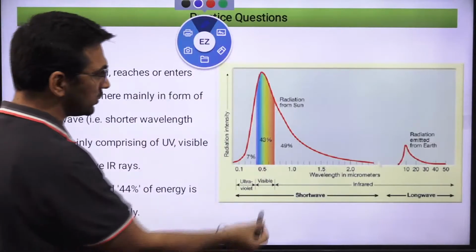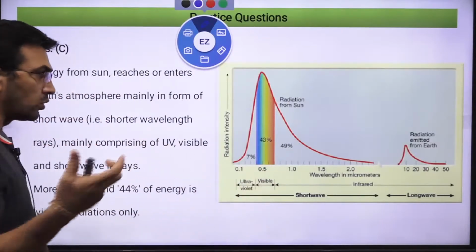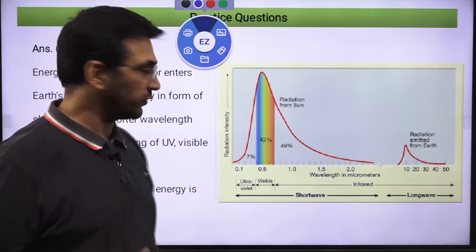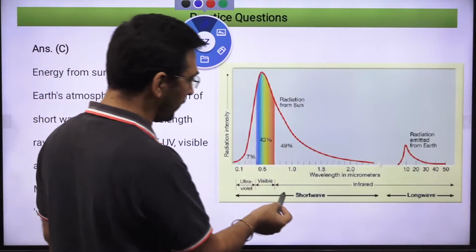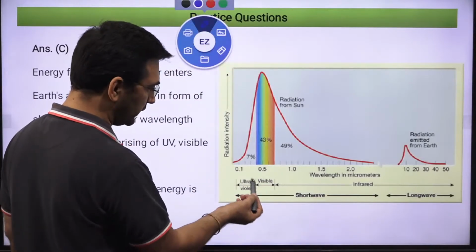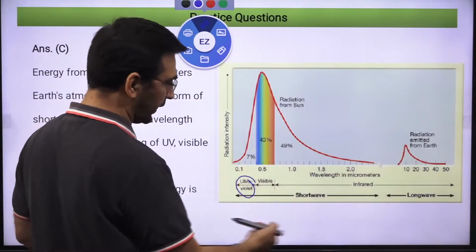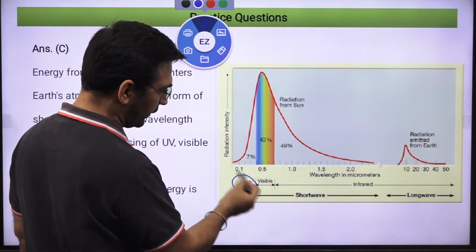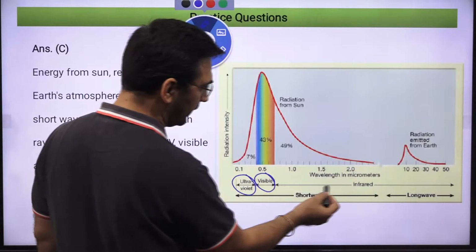Basically, if you see, the largest amount of the energy that we receive on the surface of the earth is in the form of infrared radiations. See, these are the three radiations. One is the ultraviolet in the electromagnetic band. So one is the ultraviolet UV rays, visible light, and then you have infrared.